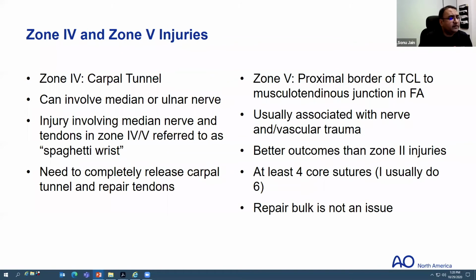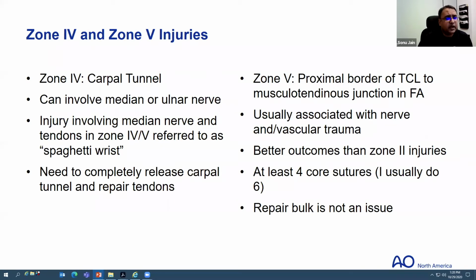Zone 4 and 5, so zone 4 is within the carpal tunnel. It can involve the median or ulnar nerve, and if it does, it's called spaghetti wrist, which is what we would call it also if it happened in zone 5. And you definitely have to release the carpal tunnel completely. For zone 5, this is our classic spaghetti wrist, proximal to the transverse carpal ligament, and goes to the musculotendinous junction of the